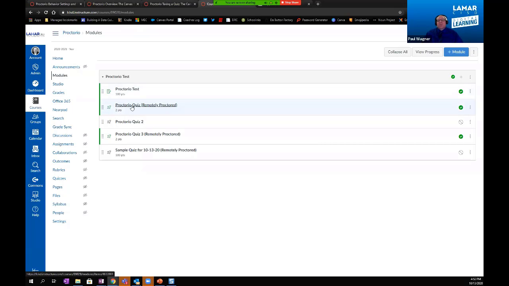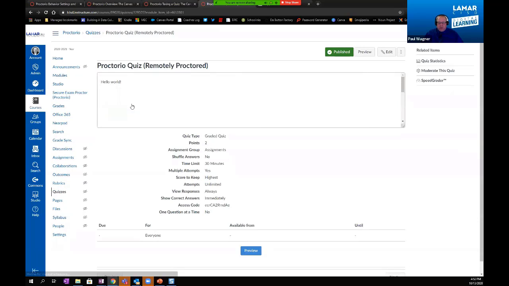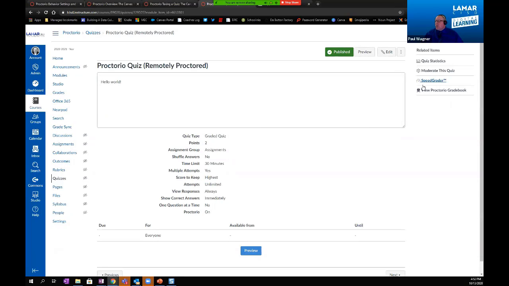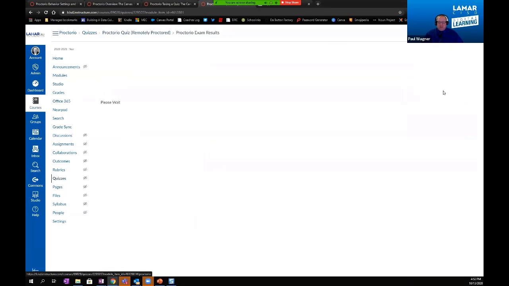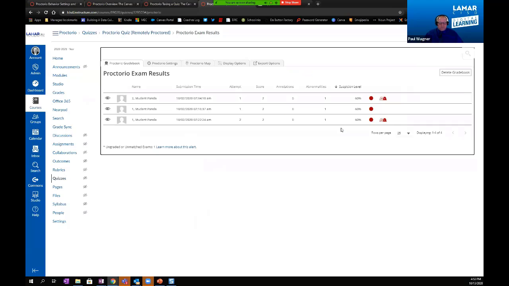the results, I'm going to click on the quiz, go back to it, and you're going to notice on the right-hand side, underneath Speed Grader, is now an option to view Proctorio Gradebook. So I'm going to select that. This is the overview page that you're going to run into, and I'm going to jump back real quickly to